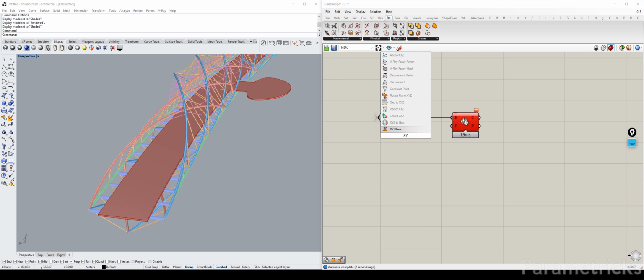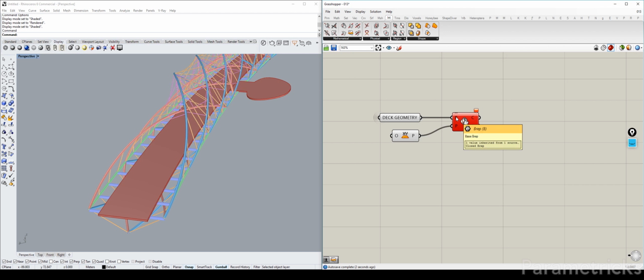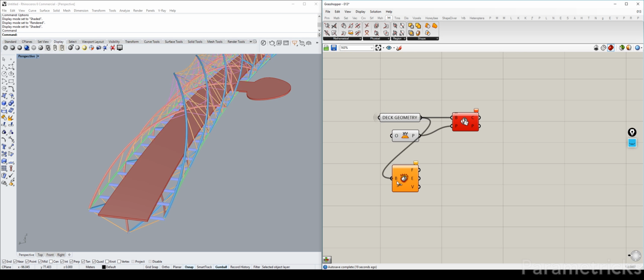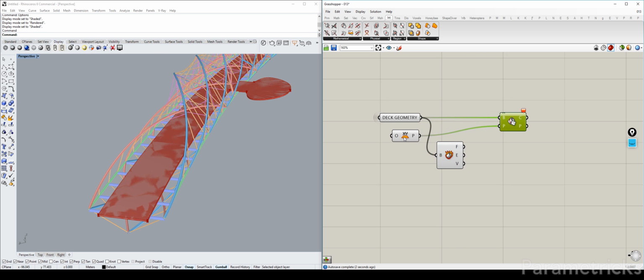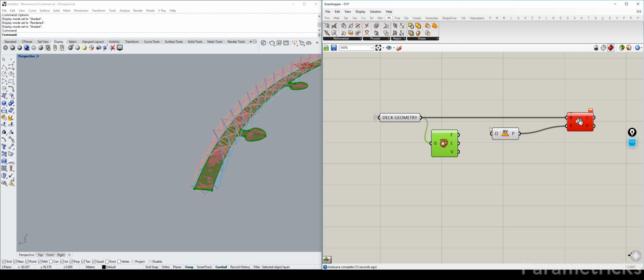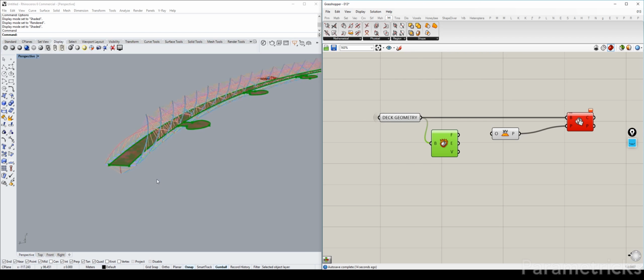So that one, wait, why is it giving that? Intersection failed. Oh, am I not intersecting anything? Oh yeah, that could be true. Wait, yeah. Okay, so let's define the plane first. Let's deconstruct the B-rep, and that's the B-rep we want to deconstruct, so that we can get a point in order to make our outline. Well, the point that we need is obviously the one with the highest value in the z direction. So what we can do